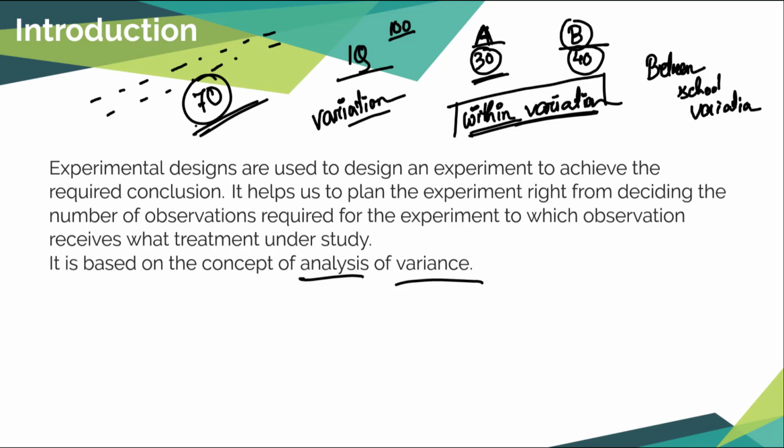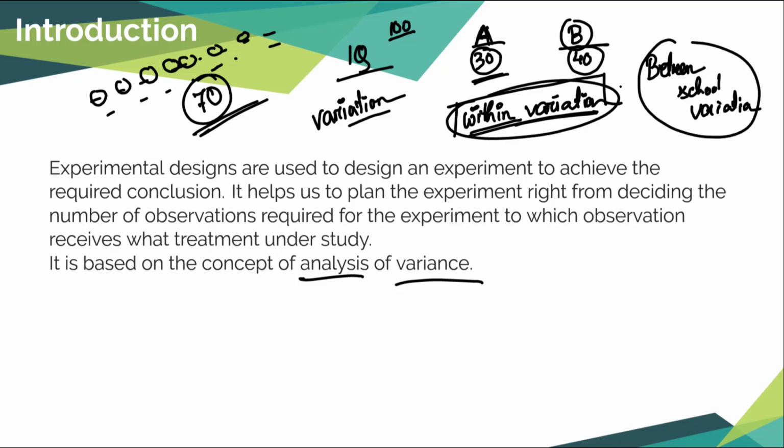We have 70 numbers. Now in these 70 numbers, all numbers will be different. Some may be common, right? So the marks obtained by these 70 students are changing. They are fluctuating. That is called variation. Now the change in their marks may be either because the students have their own capabilities, and another factor may be the way the different schools teach or prepare their students. So there is within school variation and there is between school variation. So we have identified two causes for their variation.